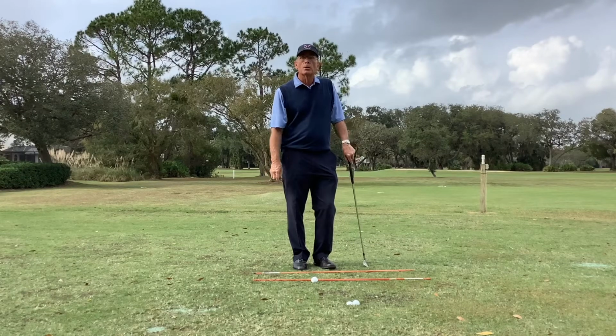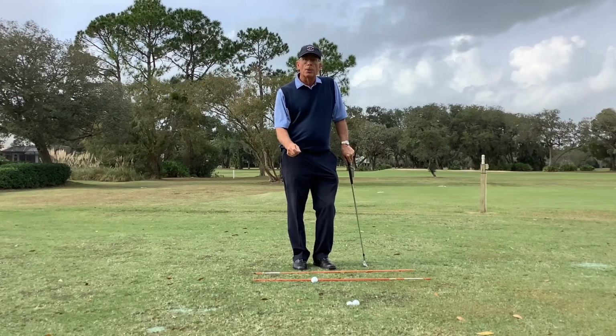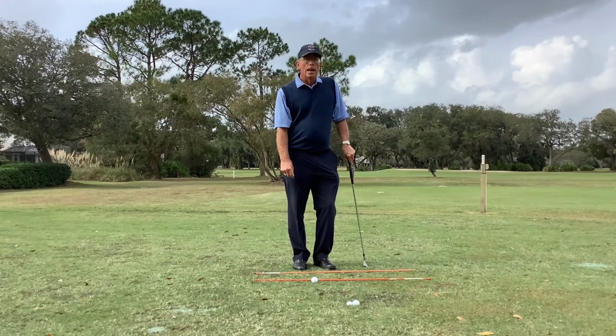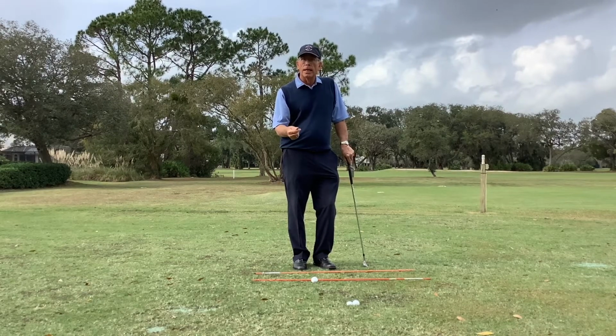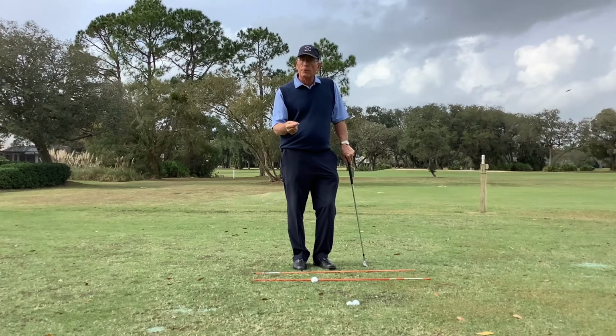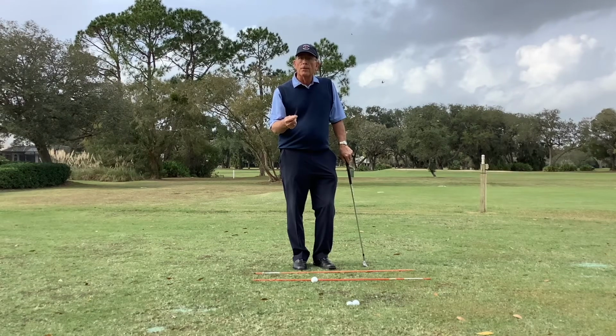Today we're going to talk about chipping. We're going to talk about proper techniques for chipping, and the sequence of techniques for chipping. So the first thing that we have to do for good chipping is to set the club face up